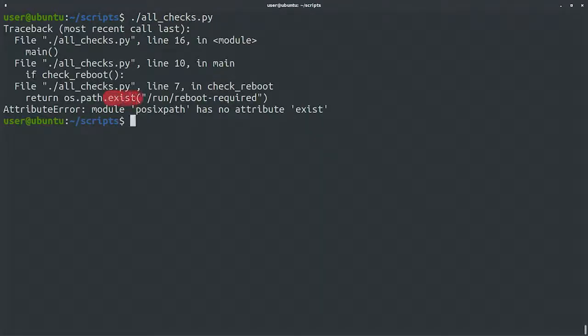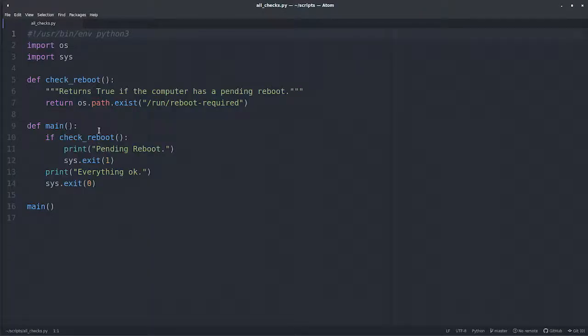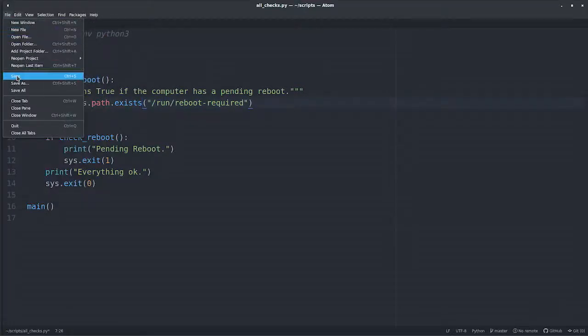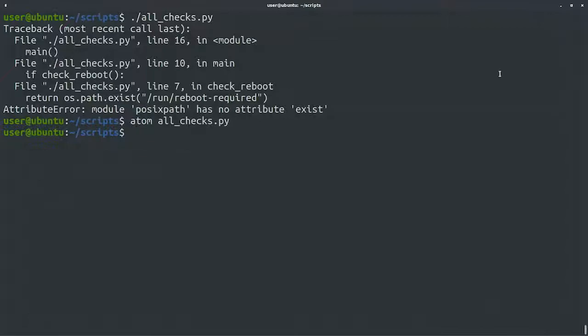Oops, looks like we have a typo. Let's go back and fix it. Done and done. With that, we've demonstrated how we can use git checkout to revert changes to modified files before